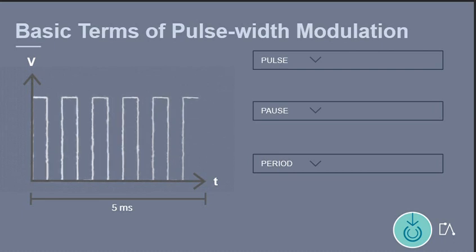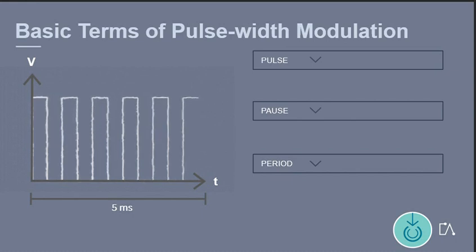Pulse width modulation is a type of modulation where one technical parameter, for example voltage, changes between two values. At a constant frequency, a square pulse is modulated whose width or length varies. Pulse width modulation is mainly used in control and regulation engineering, and can for instance also be used when